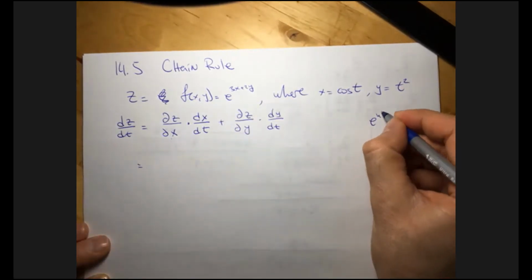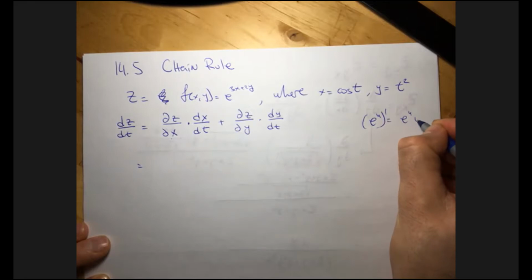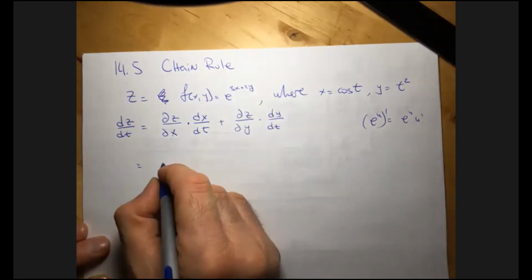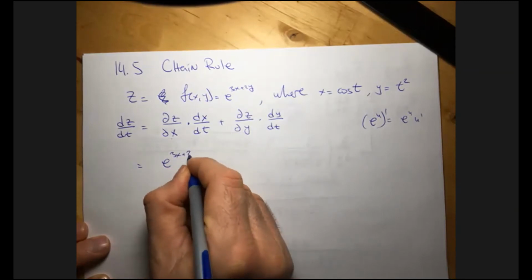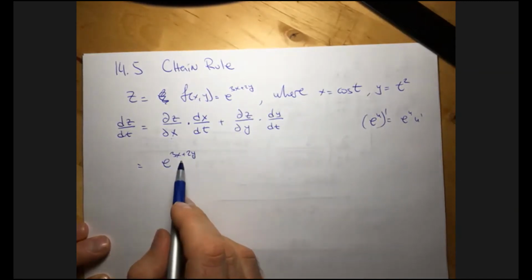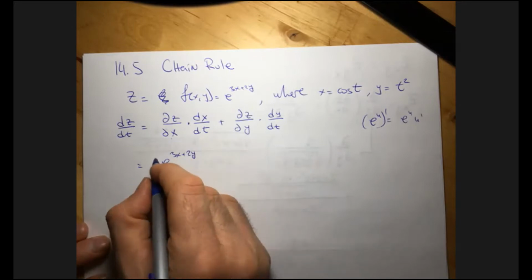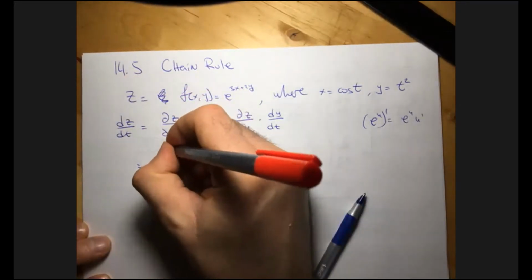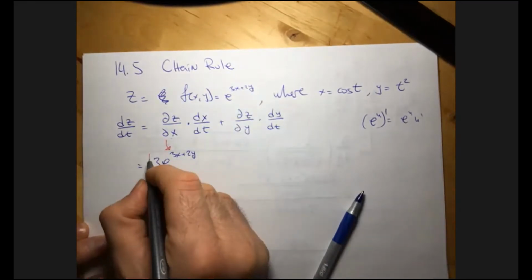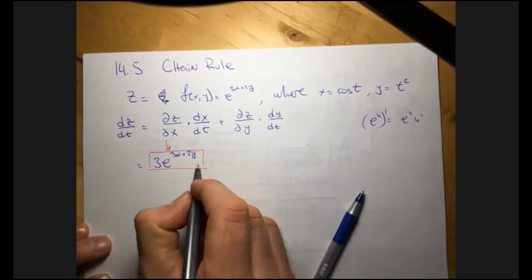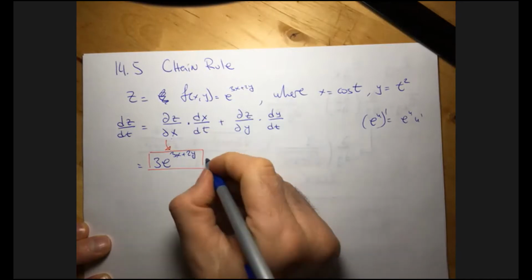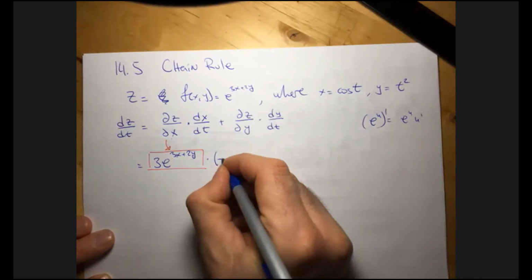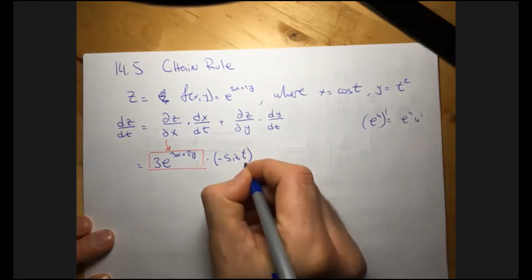Derivative of e to the power u is e to the power u times u prime, right? So this derivative with respect to x is e to the power 3x plus 2y times the derivative of 3x plus 2y with respect to x. That's only 3. We should have no problem. Okay, this is this derivative, times dx dt. dx dt is negative sine of t